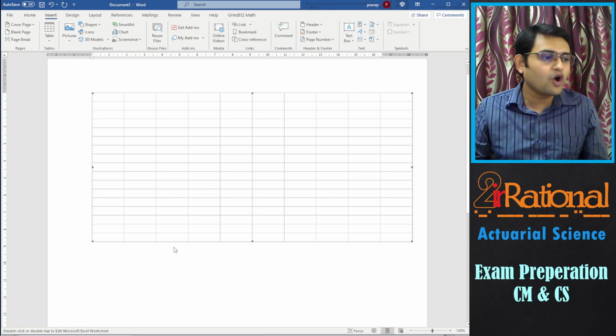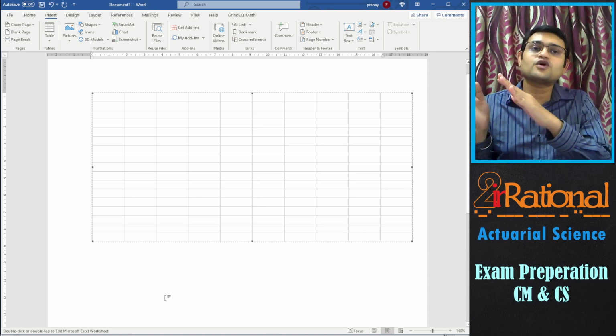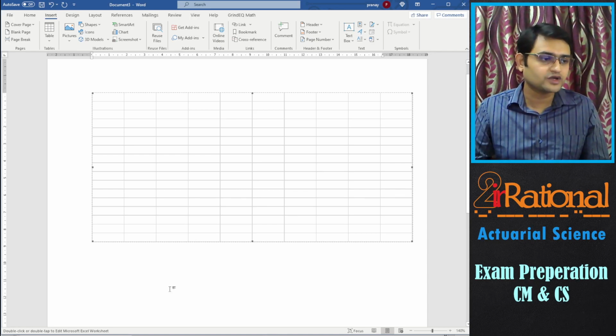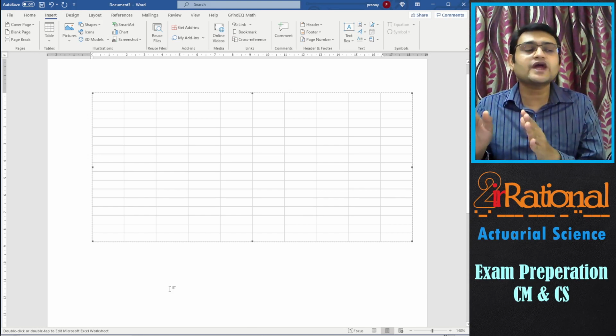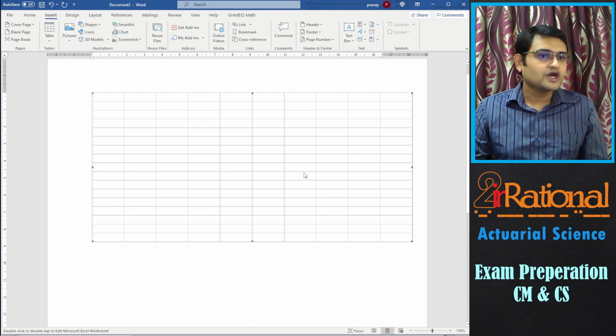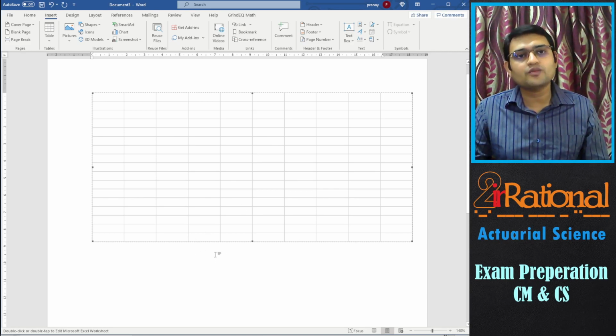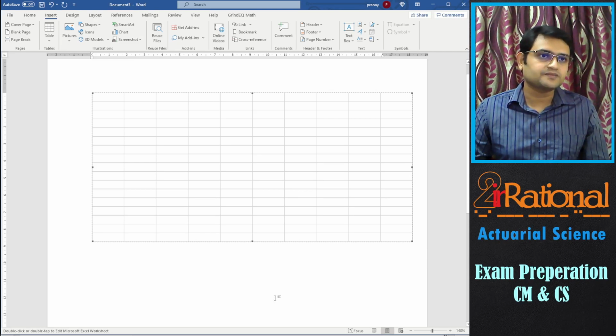You will have to write all of that if you're copy pasting from outside the Word document. So anything should not be copy pasted from outside your document. That is very important. But whatever you create inside this document can be copy pasted. So if I am writing a formula once, I can copy it and then paste it again.